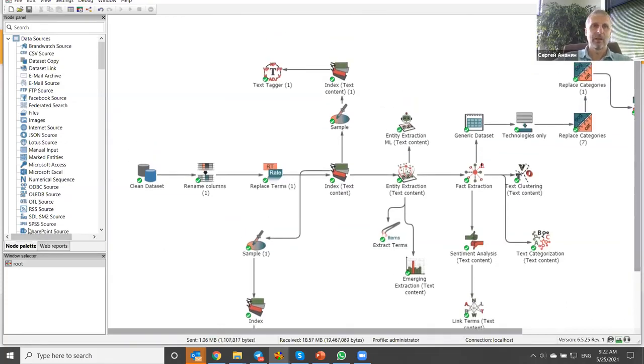On the left, you see the library of actions that can be performed on the data. The user moves these elements to the script design area, and then these actions can be parameterized.